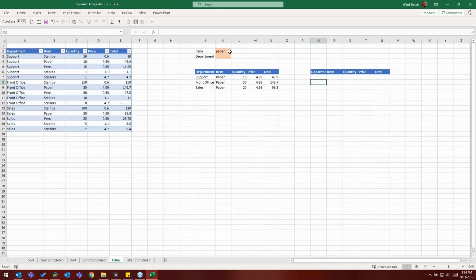I don't have anything with paper without a department, so I'm empty here. Let's go and update this and put in support as the department. And now I get support paper and the results for it. Okay,